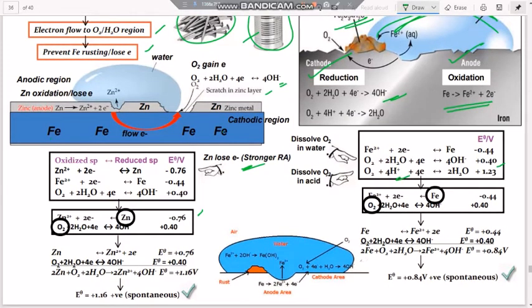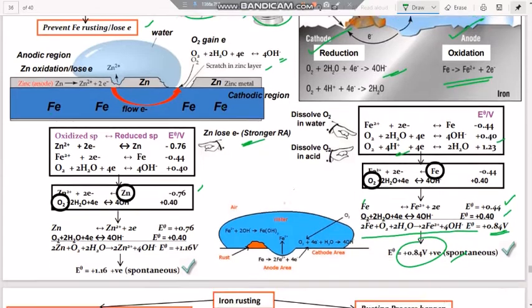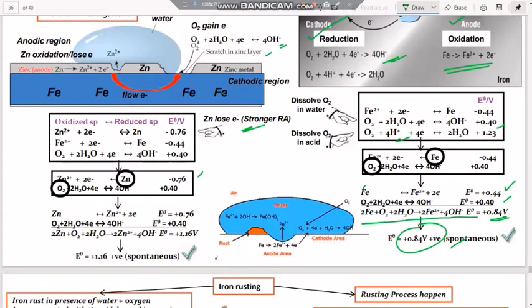So, rusting of iron, chemical equation. When you observe, iron undergoes oxidation, E naught value is plus 0.44, and reduction takes place at the cathode with oxygen and water taking electrons, and the total E naught value is plus 0.84, irrespective of the balanced equation, because we have taken the balanced equation by multiplying the first equation with 2. In this reaction E naught value is positive, which means it's a spontaneous reaction. In this spontaneous reaction rust is Fe(OH)2, and at the cathode OH minus ions will come out.